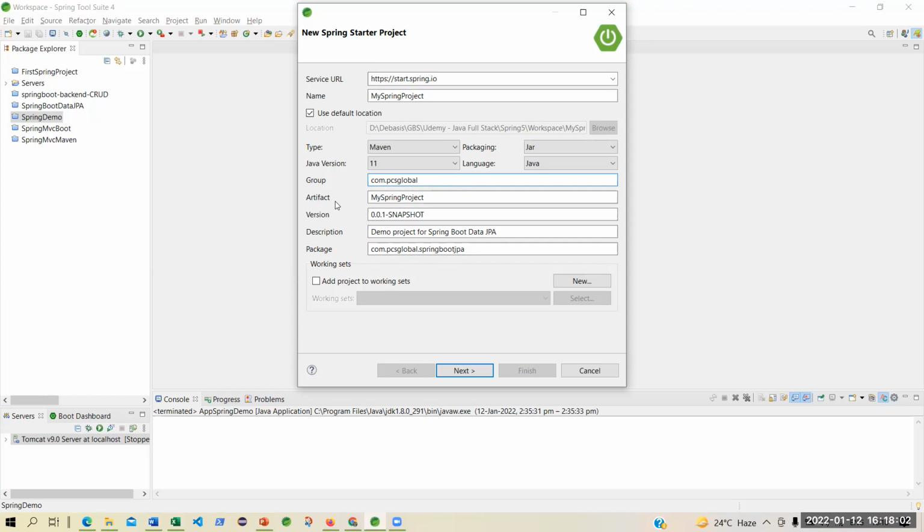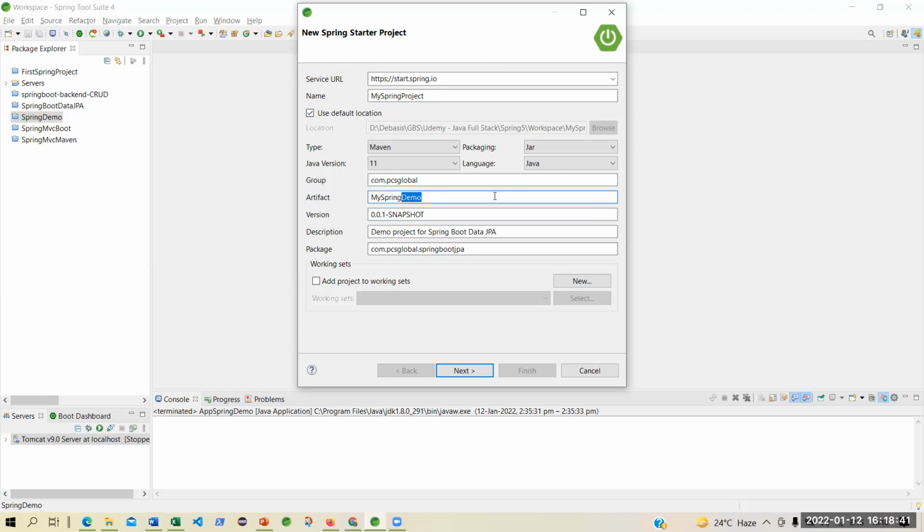Artifact is nothing but the Spring name of the project. So whatever name you have given over here, you can keep this name, or you may want to change this. Okay, but actually under this URL, this project will be known as my Spring project, though your actual project name is the artifact name, my Spring demo.